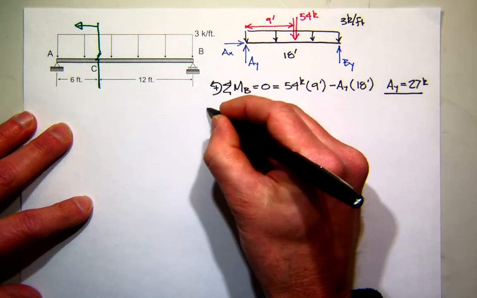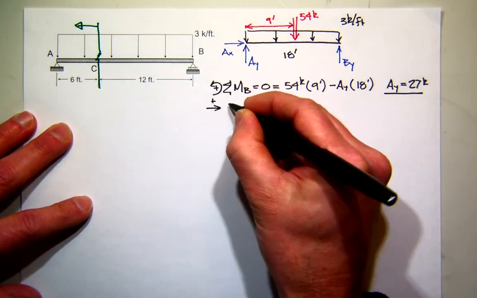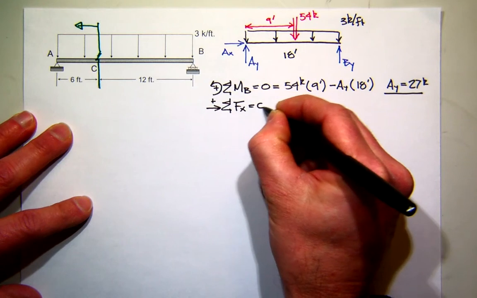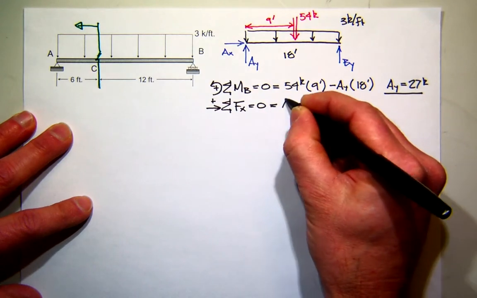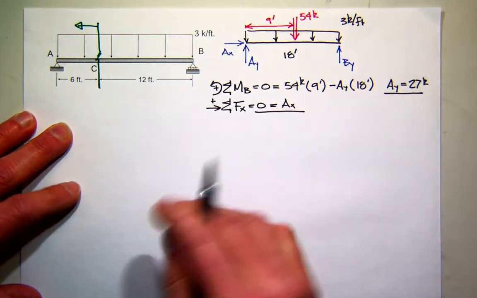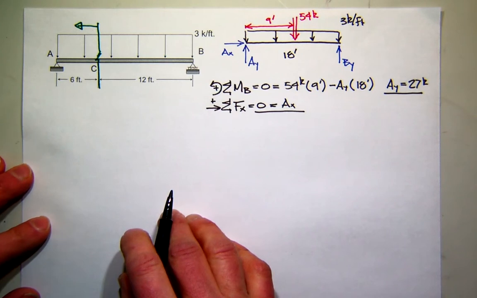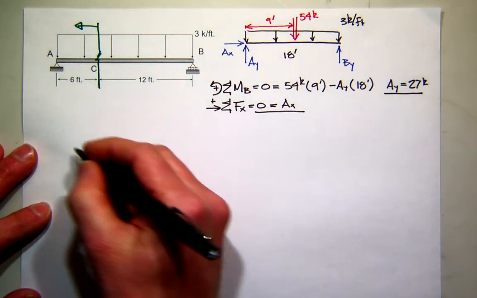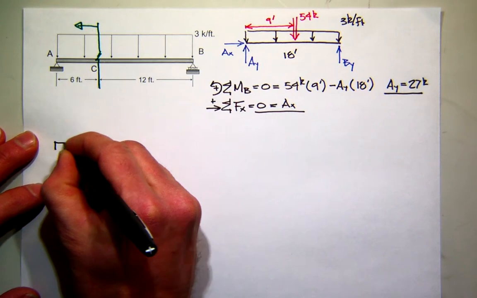I have to get one more, but it's not that difficult for the loading combination that we have. I just sum forces in the X direction, and all I have in the X direction is AX, so it's 0. I got my reactions. So now I'm going to come down and draw my free body diagram